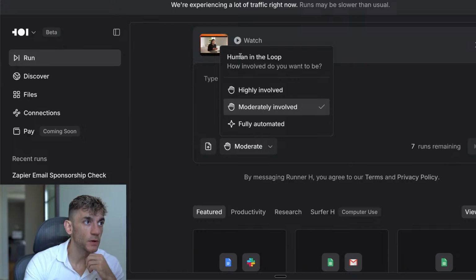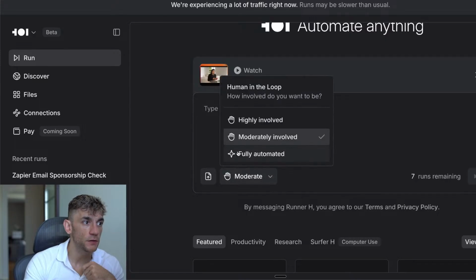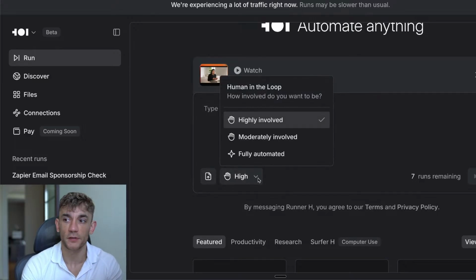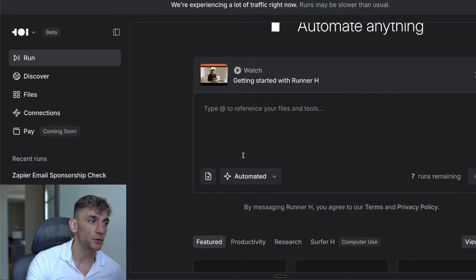And you can select how involved you want to be, right? Which is pretty crazy, because you could say, okay, fully automated, moderately automated, or highly involved, which means basically everything's going to be manual. So if we switch over to fully automated over here,